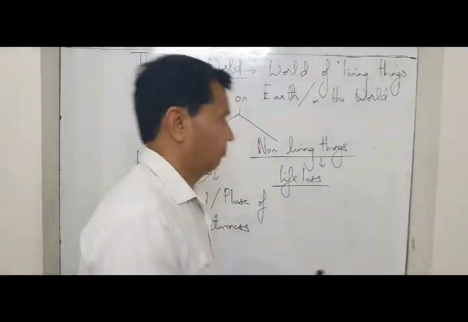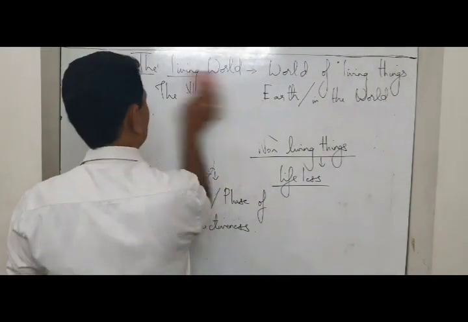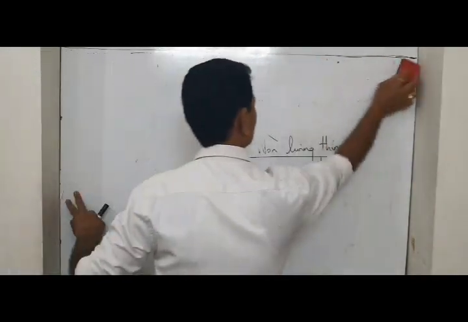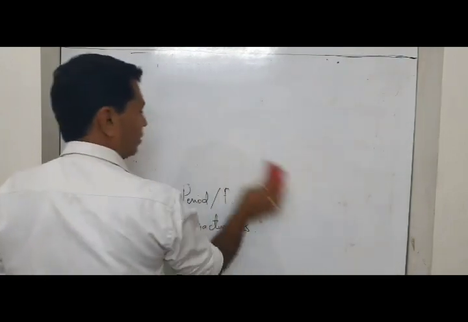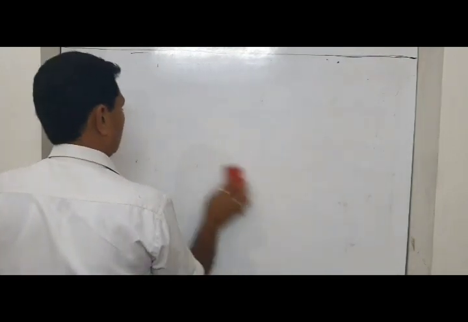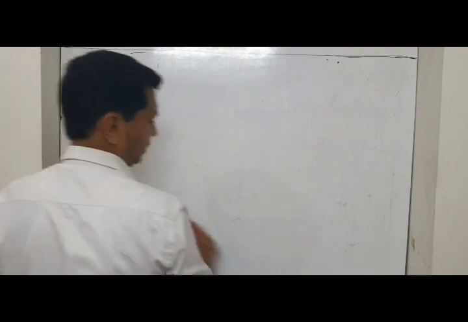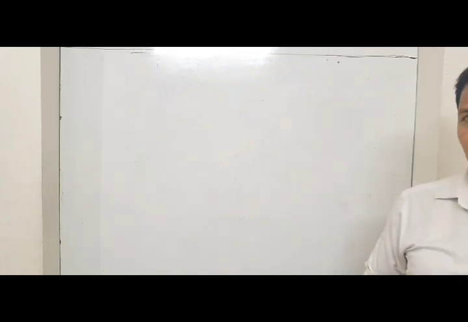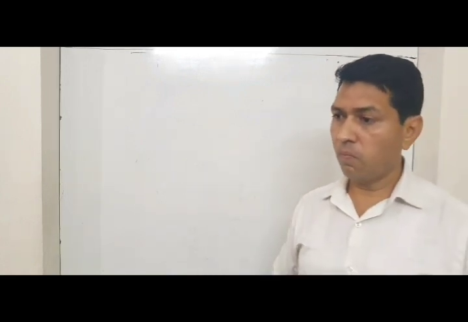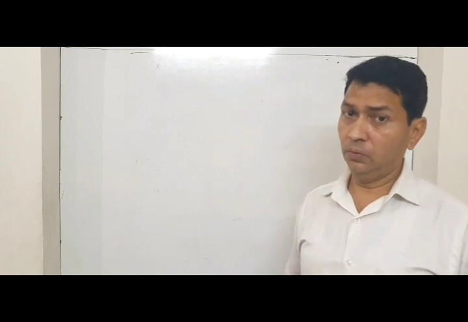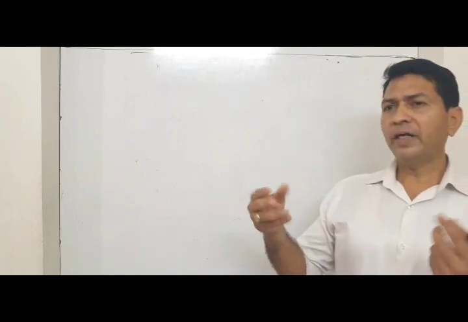Now, let's move ahead. So basically we are talking about the things which can detect the changes around them and respond accordingly. Can the plants respond? The plants around you, can they respond? They do. You might have seen